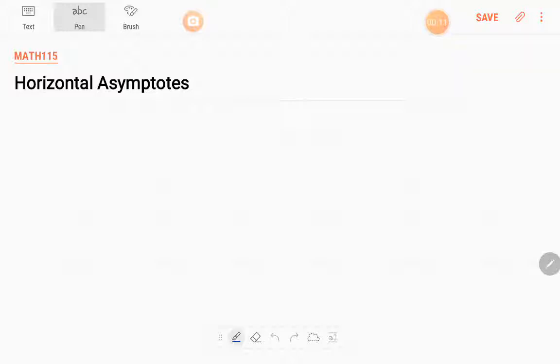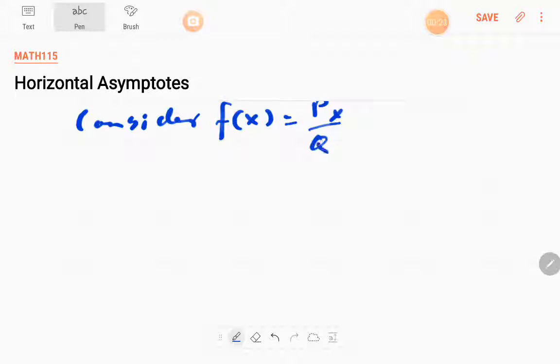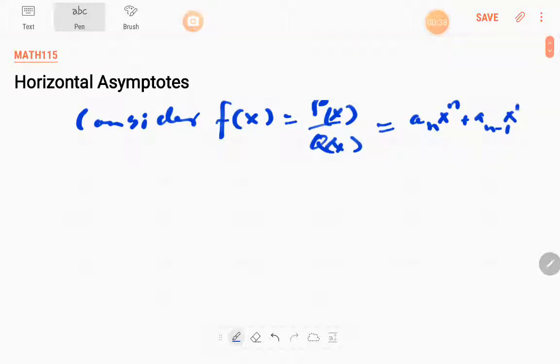So consider if we have some function, say we have a sub n, x sub n, and it continues onward. And in our denominator,